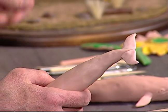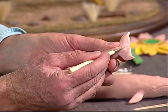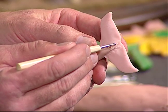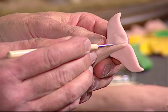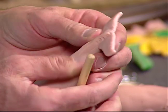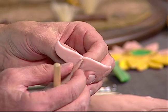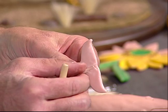And then what I want to do is take one of my sculpting tools, and make sure that these are, see I'm taking that and pushing the clay up against the piece like that. See I'm doing that? And I want to do the same thing on this side, because I want to make sure that they're connected. And then we'll flip it over and do the same thing on the other side. But I'm going to smooth this out a little bit too, now that we've done that. We'll do the same thing. I'll roll it over here. I'll smooth that out a little bit. I want to make sure that they're